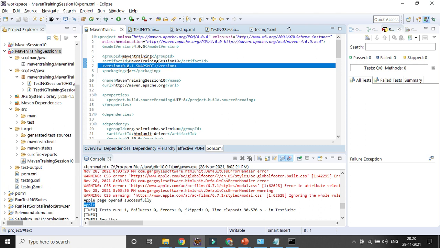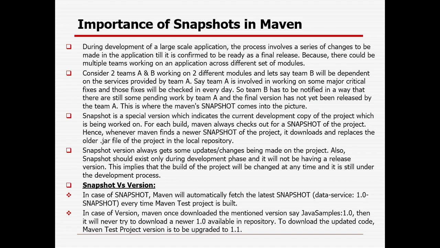So as and when you are updating, doing a code change, automatically every time it is getting updated. And in case someone wants to access your project, the latest code will be updated there too. But in case of a release version, its code will be frozen, right? And whatever updates you make, they will not be able to access them. So that is the basic difference between snapshot and release version in Maven.